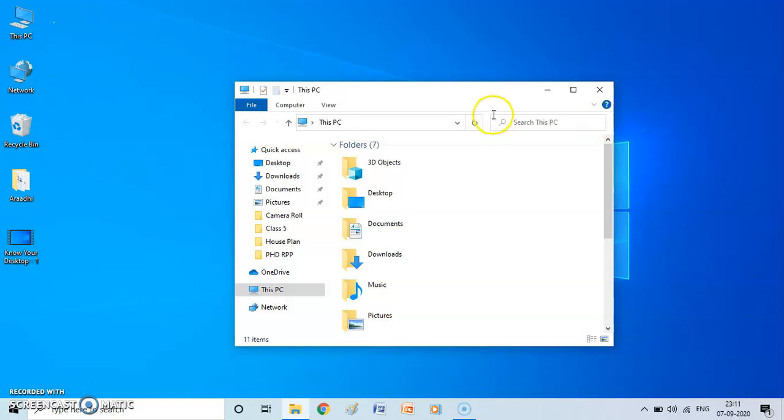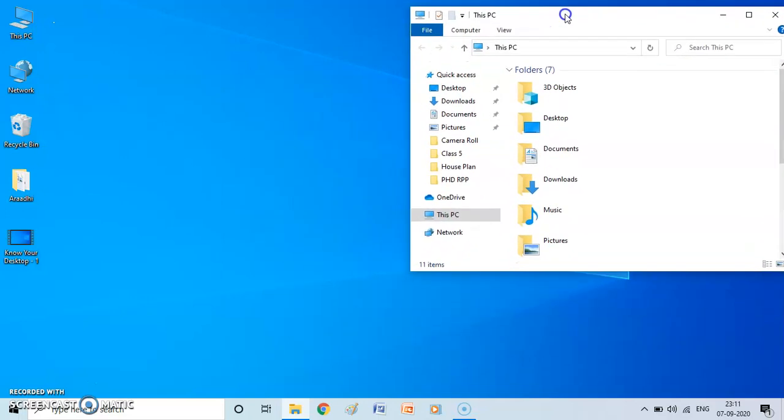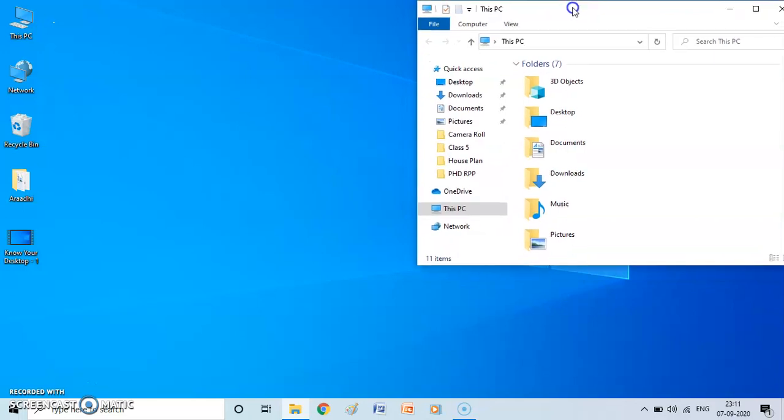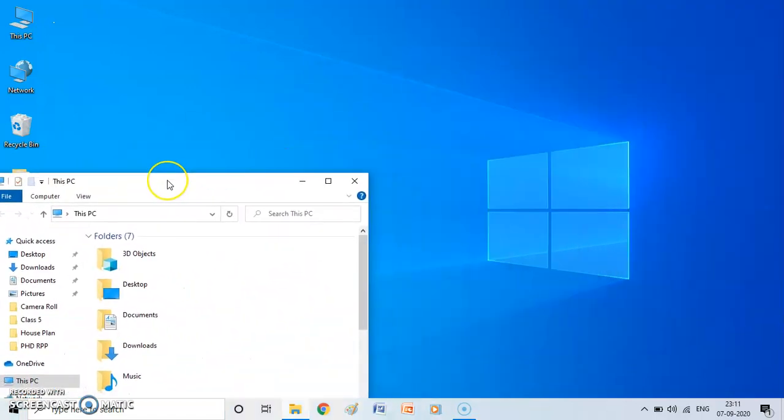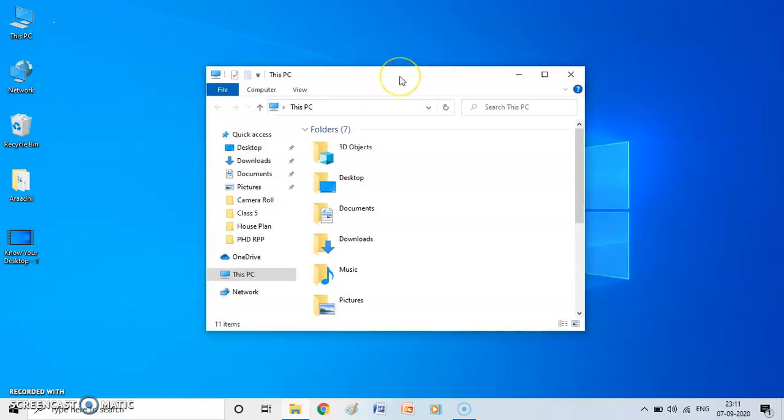Now if I want to move this window to the top right, what I will do is place the mouse pointer on the title tab. So this is the title tab. Then I have to press the left mouse button and drag the window. See, I want to take it to the top right. I'll keep it there, then release the mouse button. Okay. Now if I want to move it to the bottom left, I will again go to the title bar, press the left button, move the window and release it over here. So this is how you can manipulate your windows.